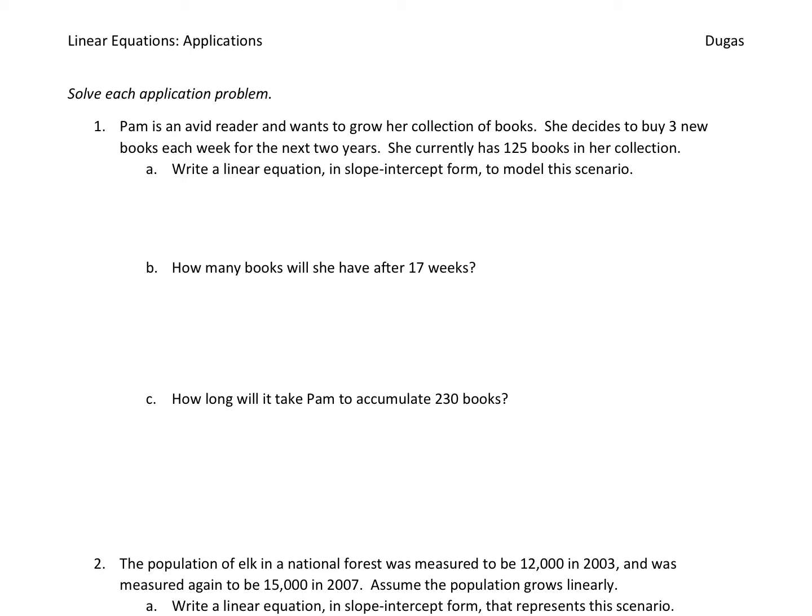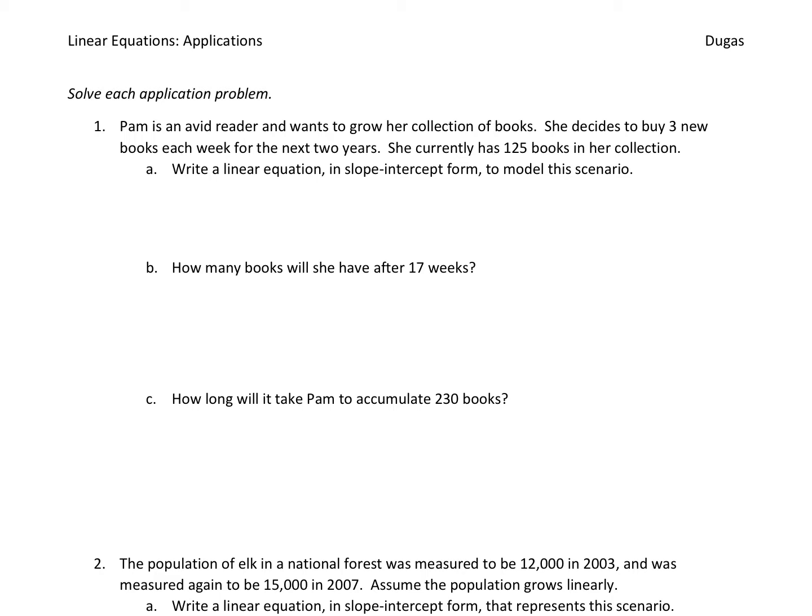In this video, we are going to look at a couple of application problems related to linear equations. There's no way for me to give you an example of every type of linear equation that you could possibly see because there are way too many and this video would be way too long. So we're just going to look at three. Hopefully this at least gives you a good idea of how to do a few things related to